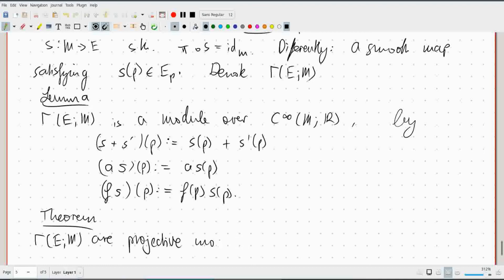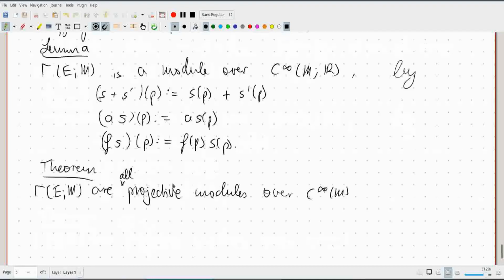But not only that, projective modules over C infinity M are in fact all such sections, meaning that if you have a projective module over C infinity M, it will be the sections of some vector bundle. And another thing in this theorem, or I guess it's a corollary to that theorem,